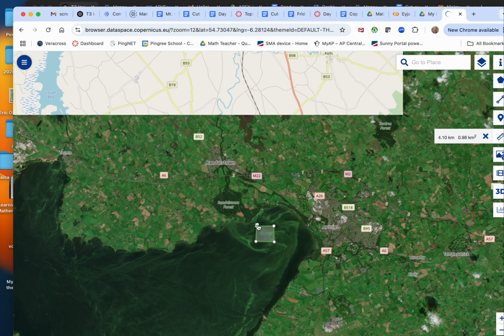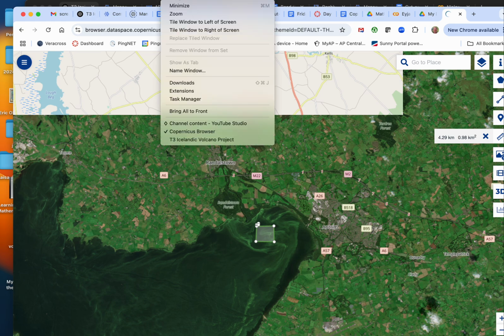So I just want to be able to tell Colab that this area here is called Randallstown Forest, and this is the town of Antrim over here. All right. And so I now will pop back to